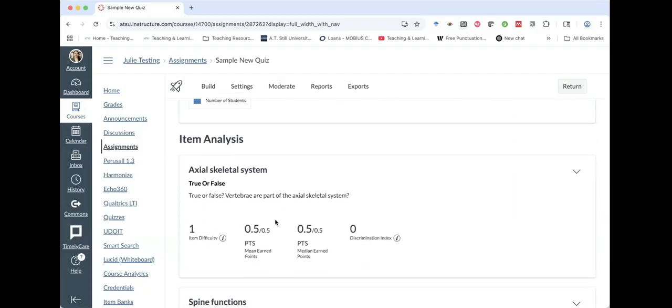The first thing that we can see is a variable called item difficulty. This is a ratio that looks at how many students in the class answered the question correctly to generate a metric to help you understand how difficult or easy that question may have been for learners. Moving over to the right, we can see the mean or median number of points that students earned on the question, and also a metric called discrimination index. This is going to look at how well an item differentiates between the highest and lowest scoring individuals. A high discrimination index indicates that individuals who performed well on the test tended to perform well on this particular